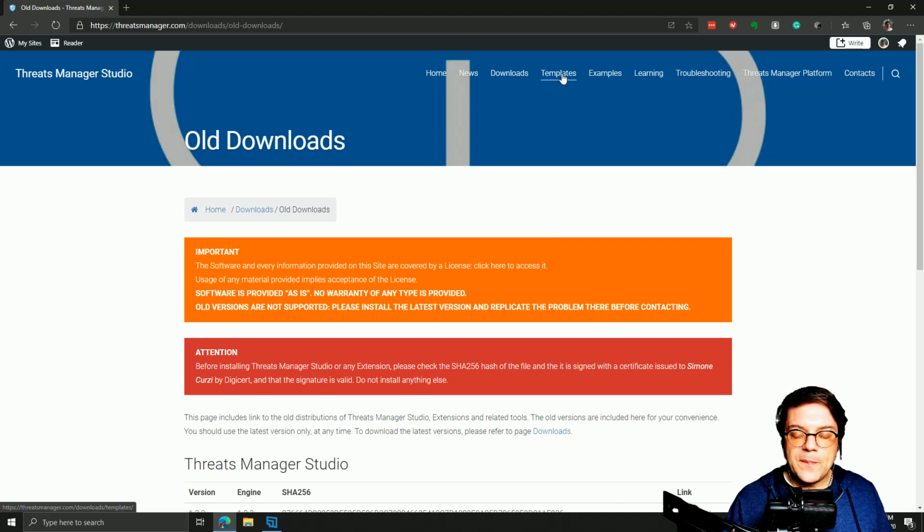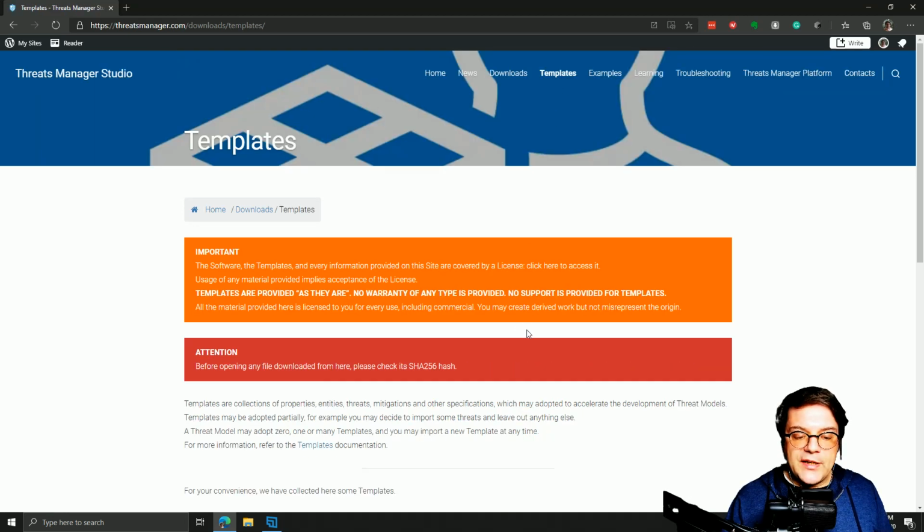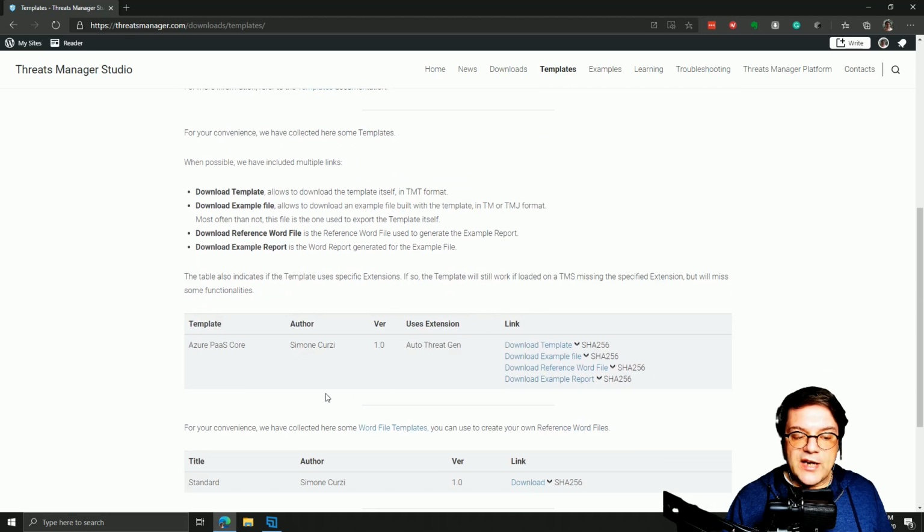Okay, so let's move to templates then. Within the templates, you can find, for now, a single template. This template contains the definition of a limited set of features, of services on Azure, in particular on the Azure PaaS. And you can use this definition, this template, to start your own threat model from this